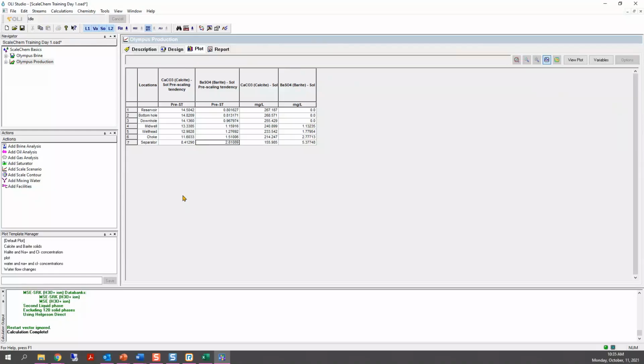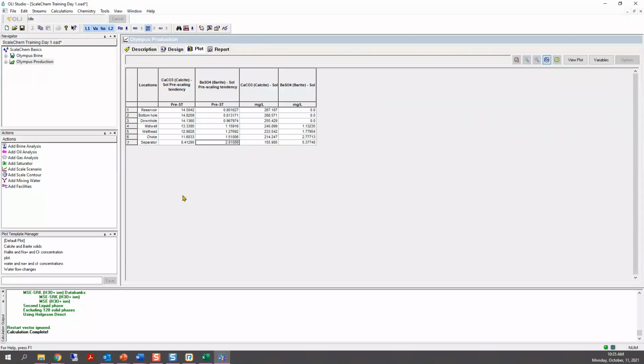Unfortunately, OLI doesn't do this part about the inhibitor. We don't give an inhibitor recommendation. We don't have inhibitors in the data bank. However, this is an announcement, and we are working on this. We are working on adding some scaling inhibitors to our data banks, and it's still under development.